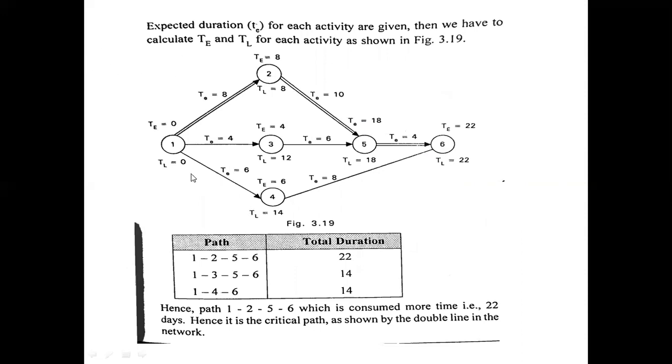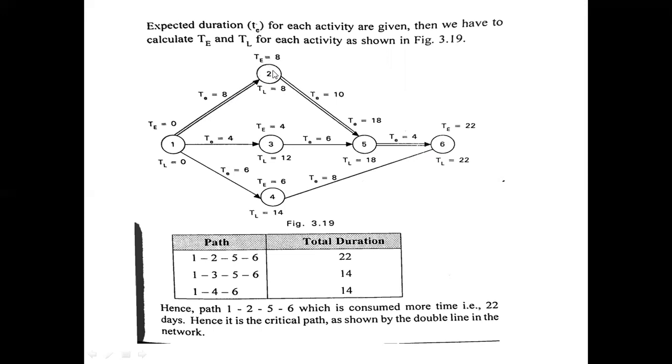In the calculation of the earliest finish time, the first activity doesn't take any time. So initially it is 0 for the first activity. The earliest finish time as well as the latest finish time will be 0. Gradually, to complete this first activity it will take 8 days; it may be hours or it may be days.